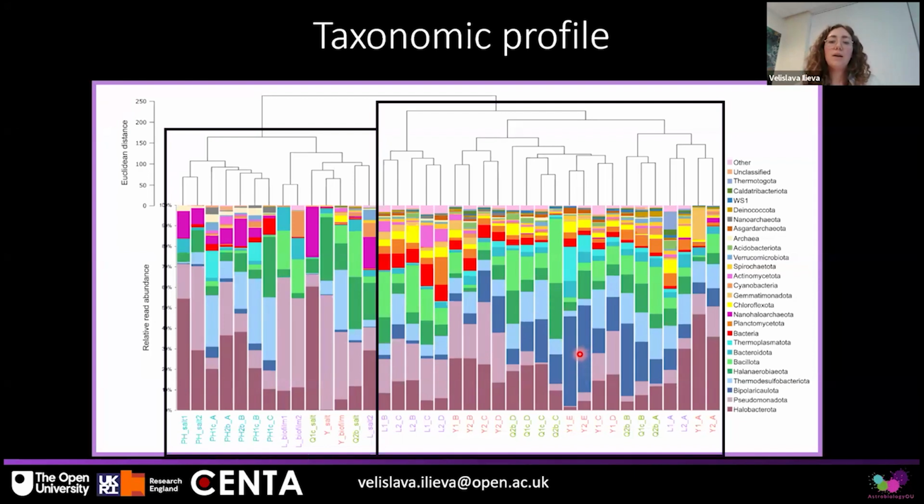And one of the key differences between the two clusters was the much higher abundance of what were formerly called Acetothermia sequences in the dark blue, or Candidatus Bipolaricaulota. And in the Penahueca samples, we see here with purple a lot more Nanohaloarchaeota, which are these small halophilic archaea. So the taxonomic profile absolutely fitted with what we've seen from the mineralogical and chemical data, but also now I had two lines of evidence telling me that Penahueca seems different compared to the other three sites in terms of the geochemical environment and the microbial communities.